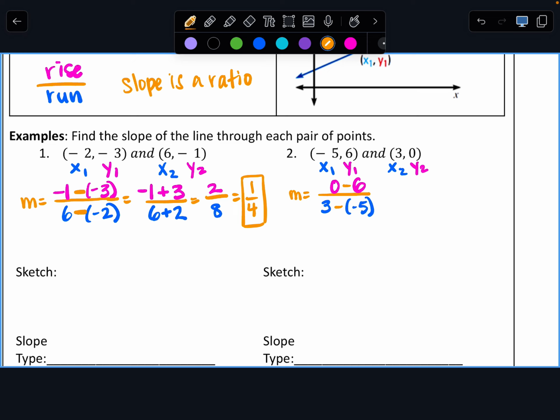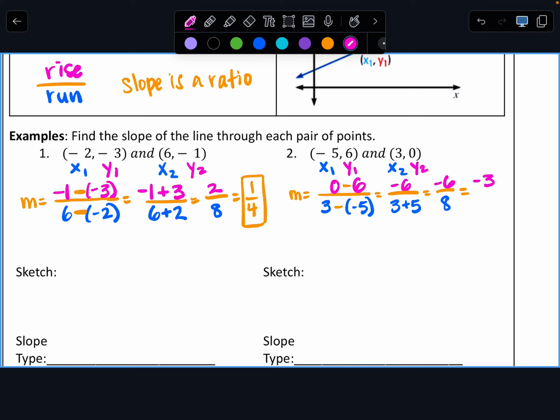Now to simplify, 0 minus 6 is negative 6. The bottom becomes 3 plus 5. So now we have negative 6 over 8, which simplifies to